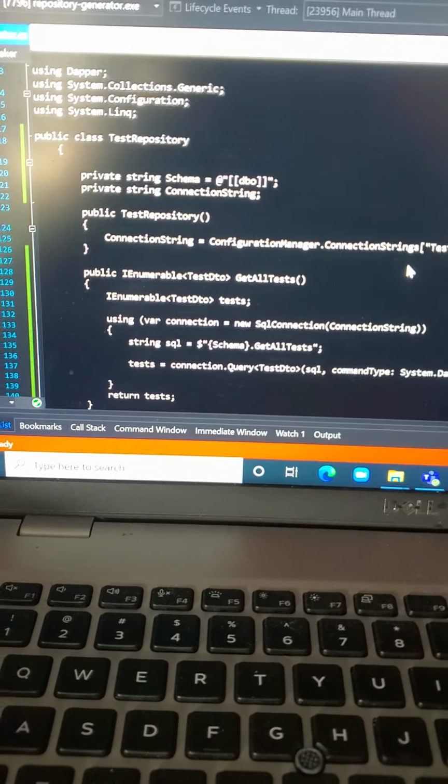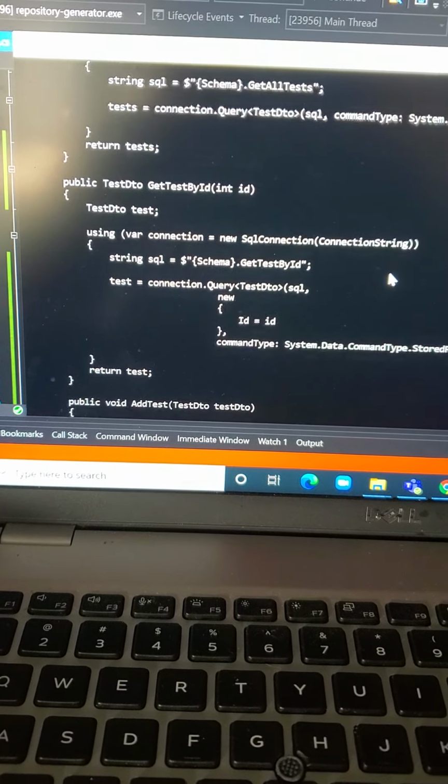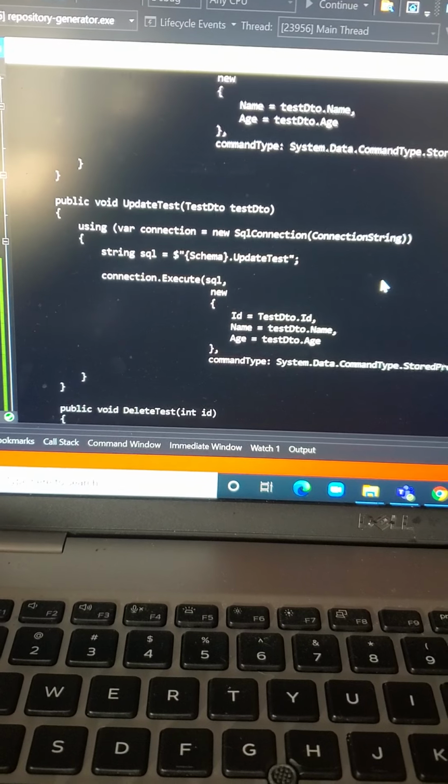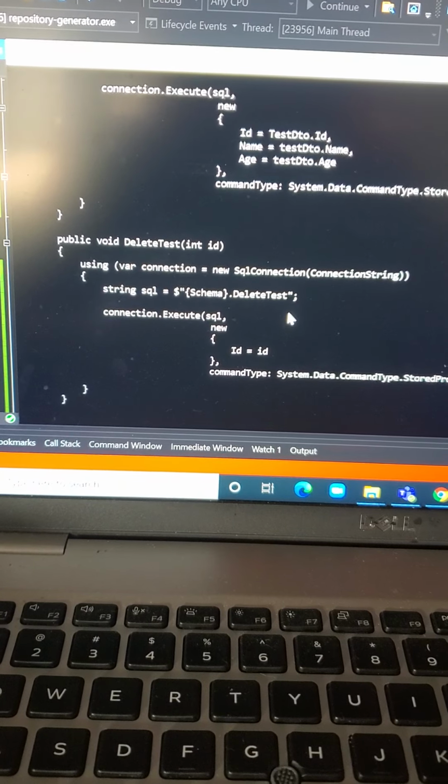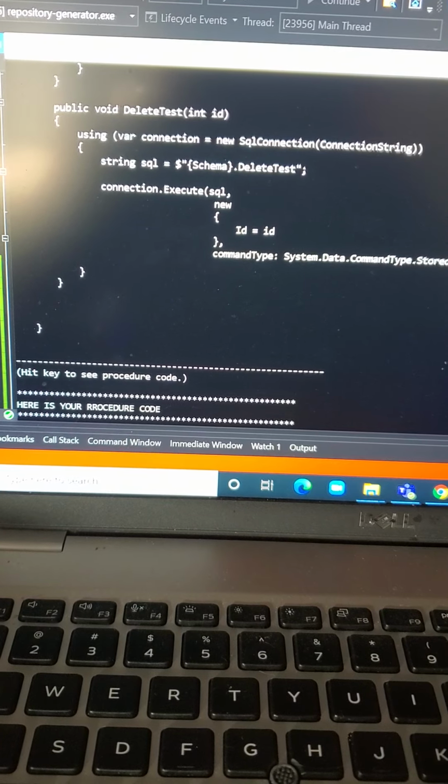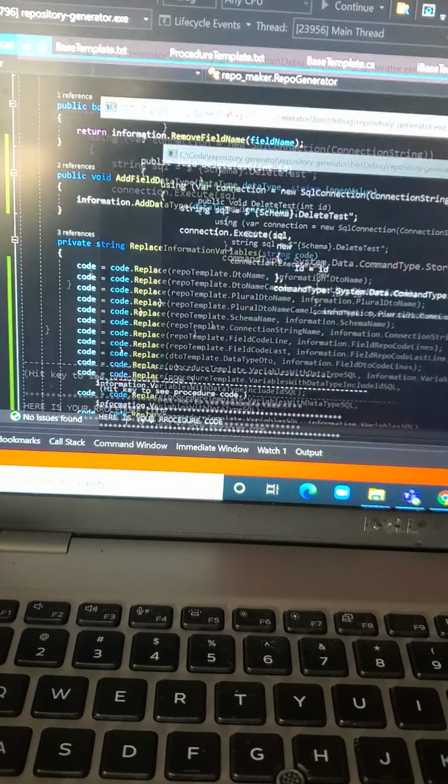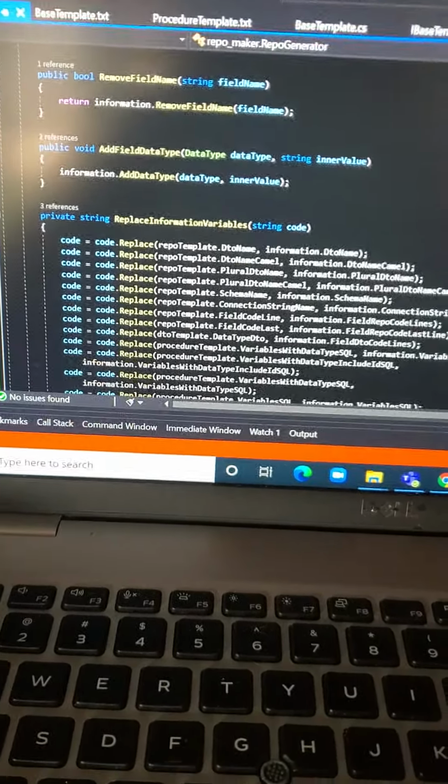Because I have to write the same code a lot, so now I don't have to write it over and over. The computer just writes it for me. Makes it a lot faster for me. And then I'll show you this